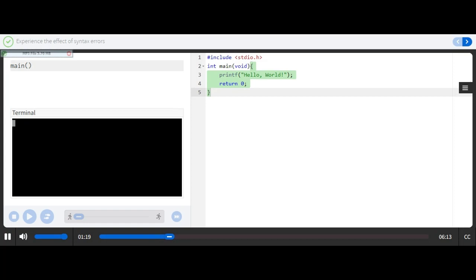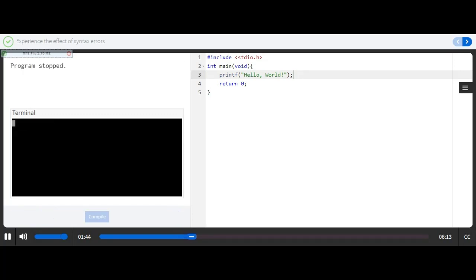As you can see, we don't have any compilation error. That means that we don't have any syntax error because the compilation process checks the syntax of the code. So we can execute the code now that we don't have any compilation error. So I run the code and I have hello world in the terminal. Then I have to push back the edit button